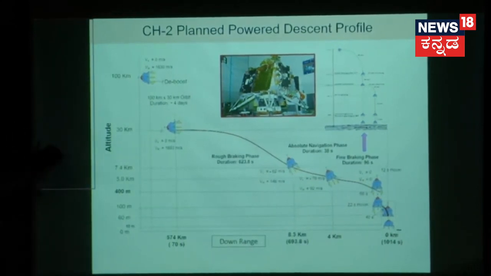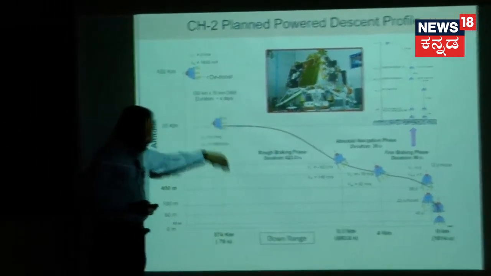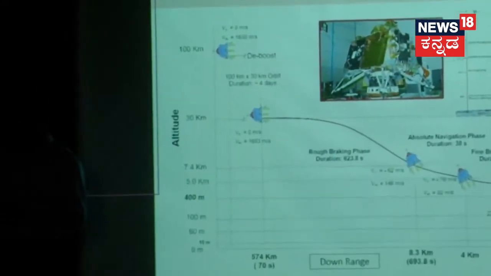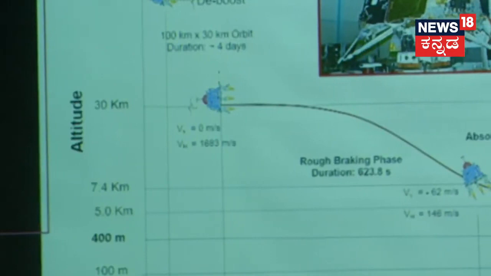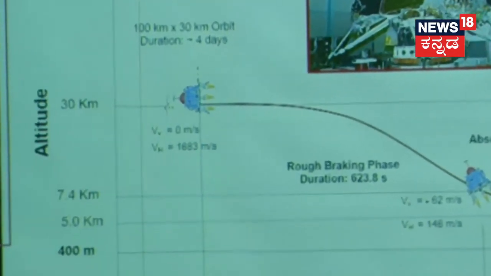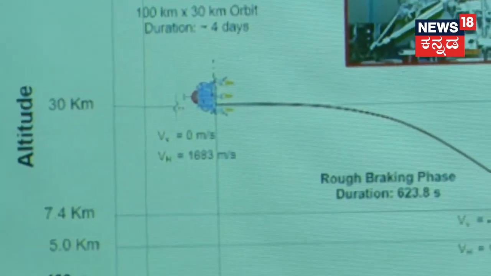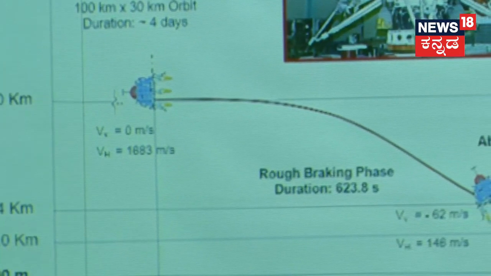It is split into various phases, and this whole phase is designed with its guidance schemes, its algorithms, instrument calibration, and the feedbacks. Different instruments come in at different times. When it actually travels here, you can't see the ground properly. So you can put in a camera and see how high you are from the surface, because all this calculation of where it is, in kilometers, simply comes from the orbit determination from the ground. Using radar, we track its trajectory and say it is at 30 kilometers. What's the guarantee it is at 30 kilometers?